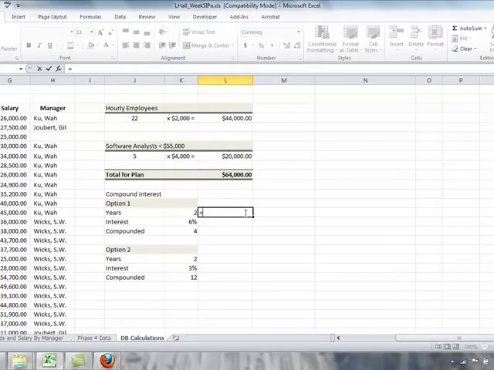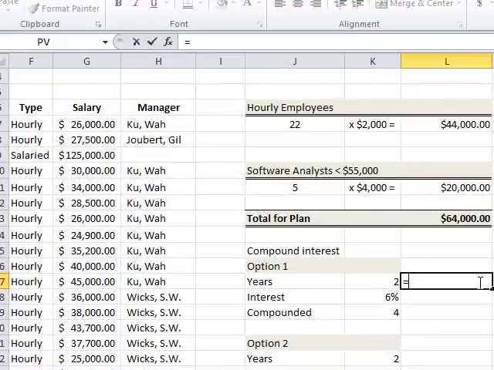We're going to do an equals. To solve for P, we're going to do 64,000. We always use cell references wherever we can. So we're going to do 64,000. We're going to do divide. And then we're going to put the bottom part in parentheses. We're going to have order of operations. We're going to divide 1